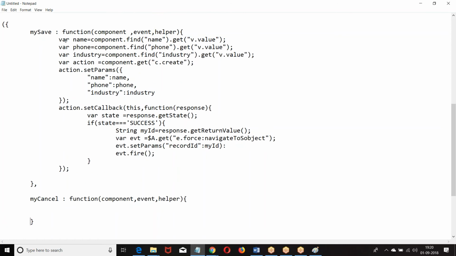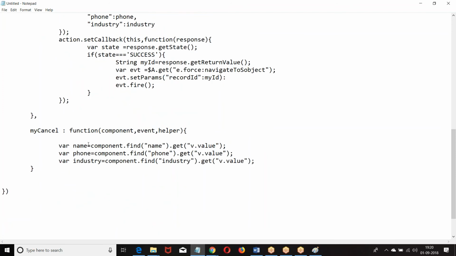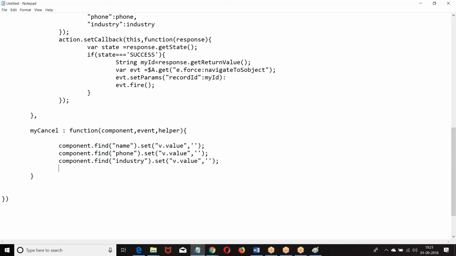Helper. This is what we got, and we are going to create the event now.